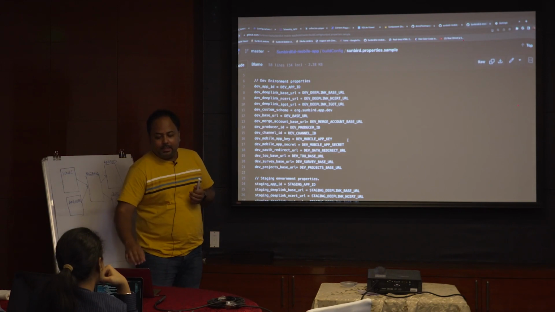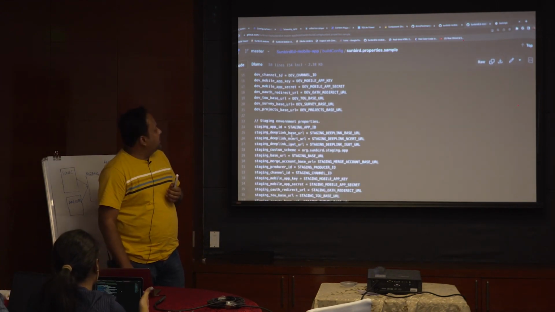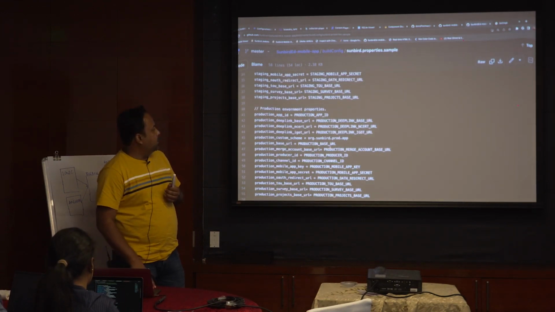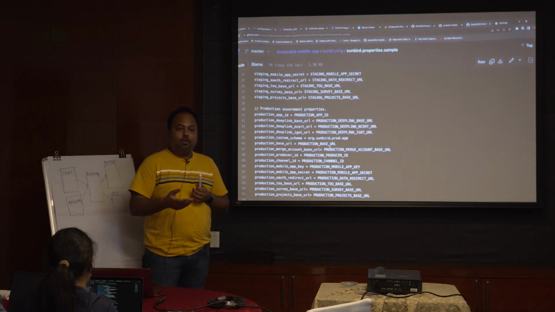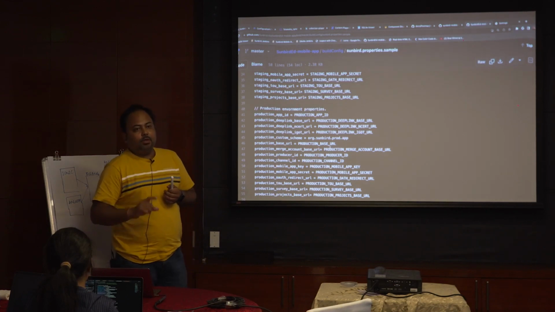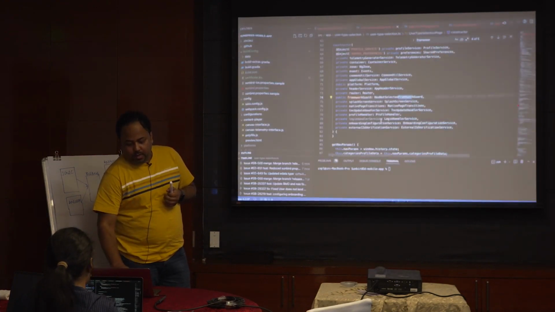For the dev instance you will have a separate set of properties, for the staging instance a separate set of properties, and for production a separate set of properties. And if you have a pre-prod instance, you will have to put a separate section which will have the pre-prod properties itself. I will show how